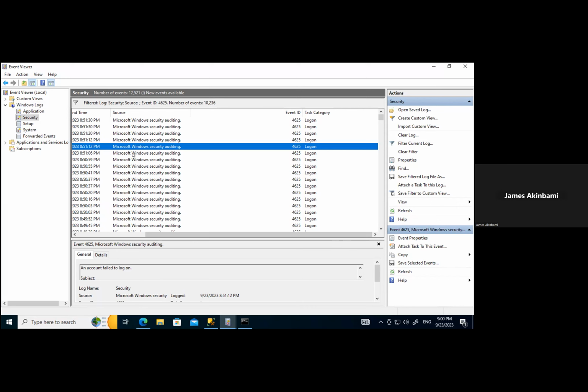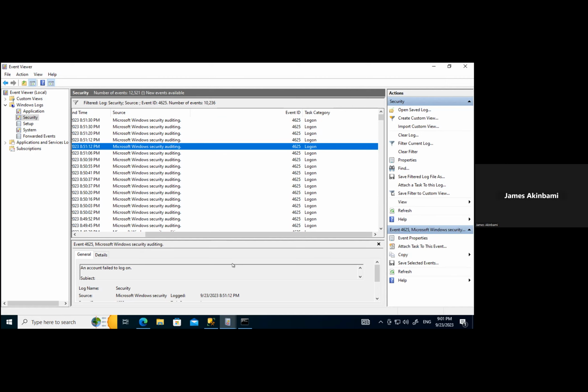I'm just saying that before SIEM, this is how people looked at it. Imagine some 20 years ago, this is what security guys did. They would be looking at events manually like this. Imagine a human being, how much can you look at? There's no way. Even in just 2 days, I've gotten 10,236 events for just two VMs. Imagine a company that has maybe 100 assets. Imagine how many logs they are going to be generating. How many people are they going to employ to be looking at just logs for any security activities or